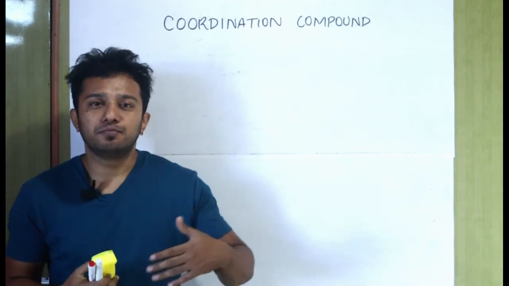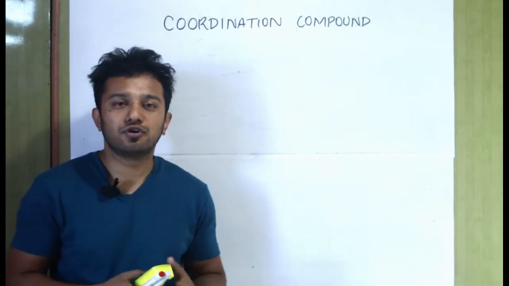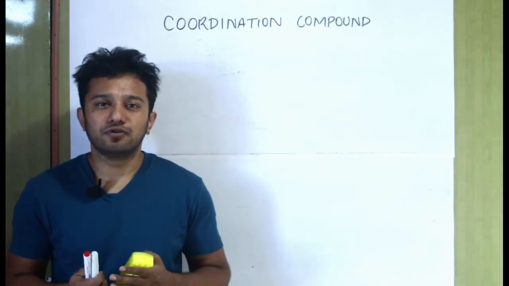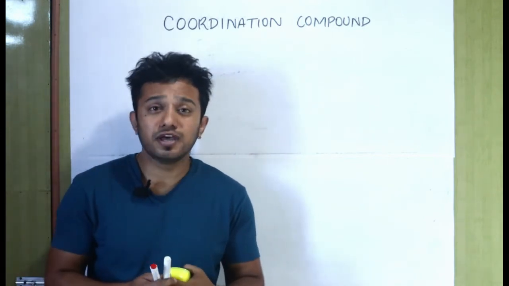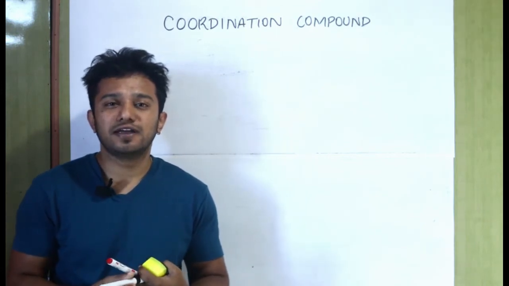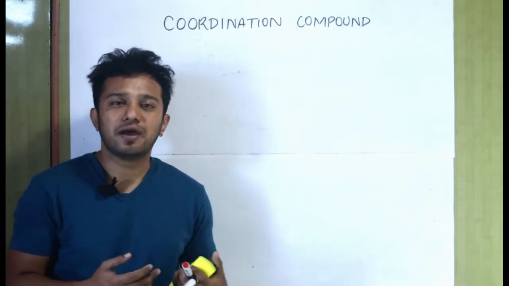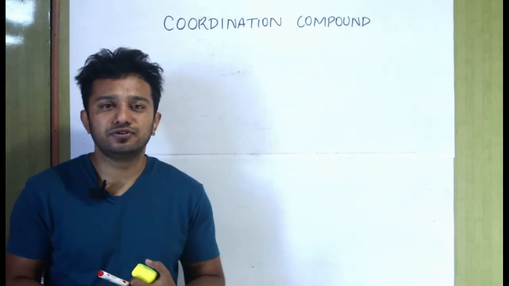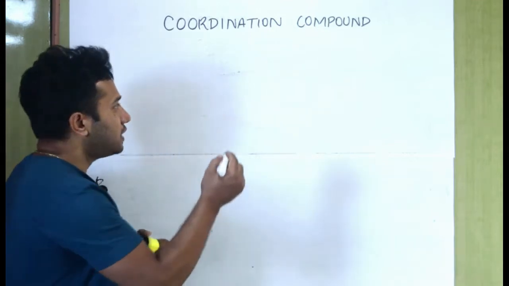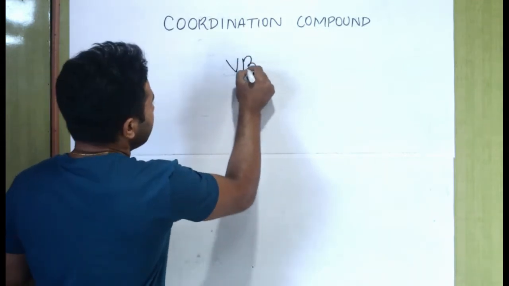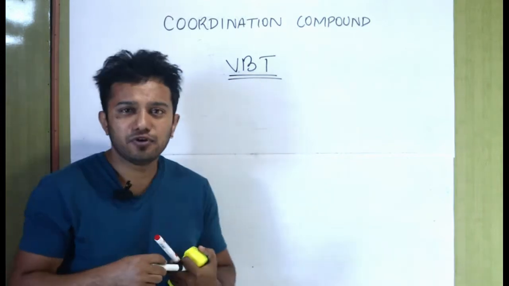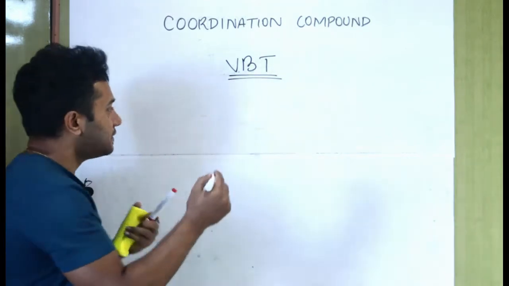So in order to improve on these drawbacks, we have a new theory, that is valence bond theory. Today we shall learn valence bond theory, and also learn to find the magnetic properties, hybridization, and geometry using valence bond theory. So first of all, let us know what valence bond theory actually is. Valence bond theory tells us that